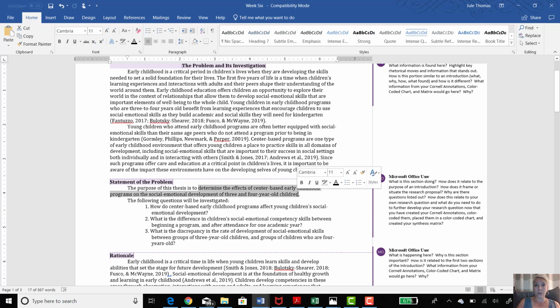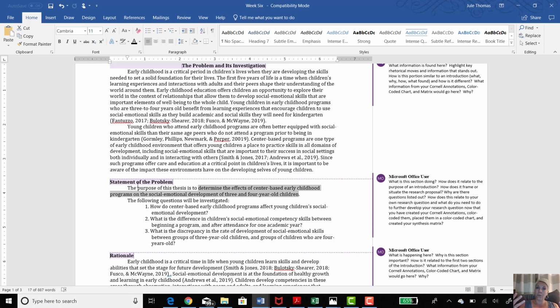and 4-year-old children. So you see, I've already introduced this concept within the problem and investigation, right? I've talked about these components, and now I'm making a clear one-sentence research statement that says, here's what the purpose of this research will be about, and here I have listed it out. Now, this is a fairly complex research question, right? And so there are categories or kind of like themes or compartments to this research question. And so I'm going to break this down into 4 questions that I'm going to hopefully answer.